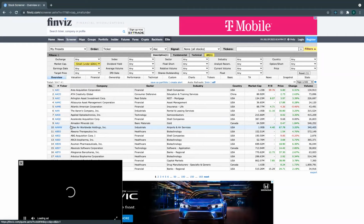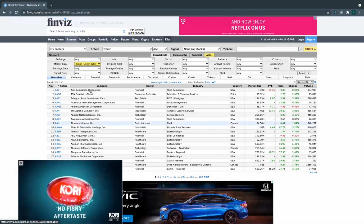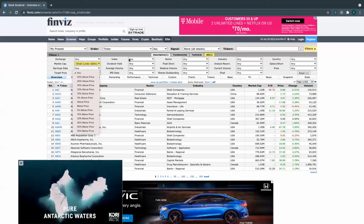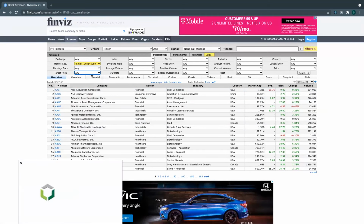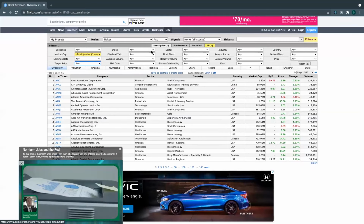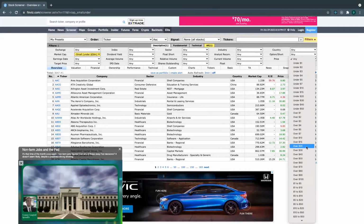The next thing you want to set is your price. You want to capitalize on the share price. So, not that one. Where is it? There it is. Okay, so you want to go for usually under 20,